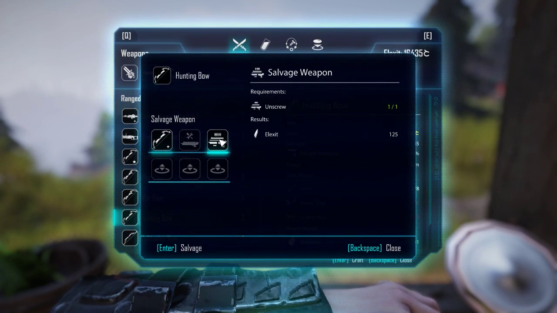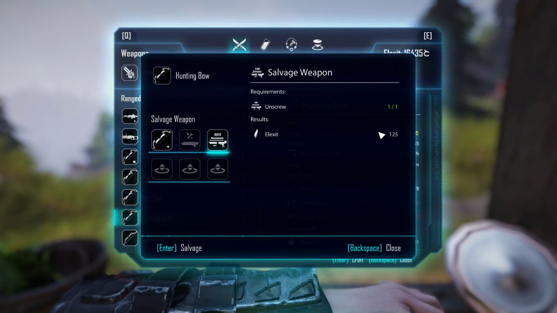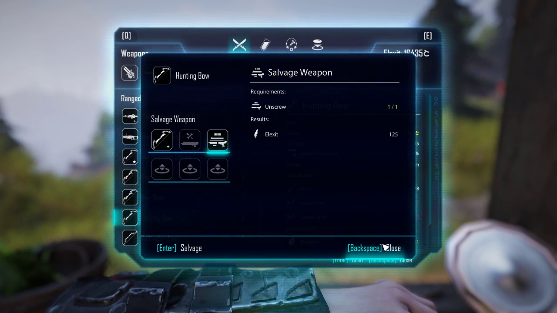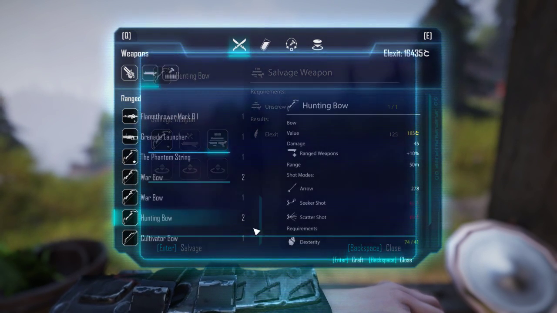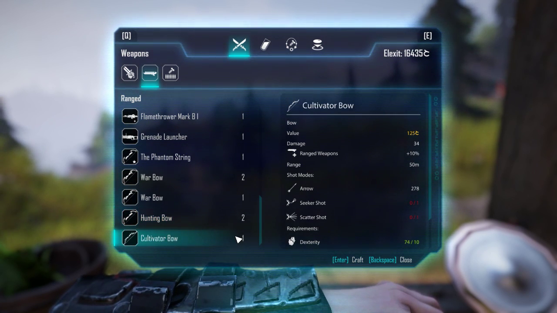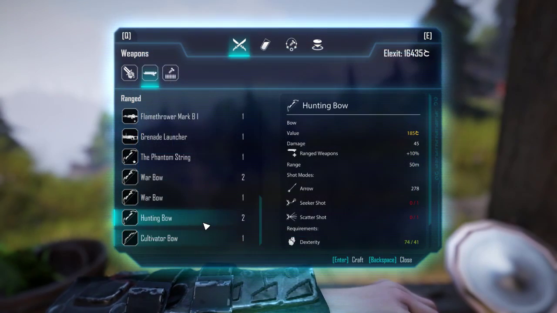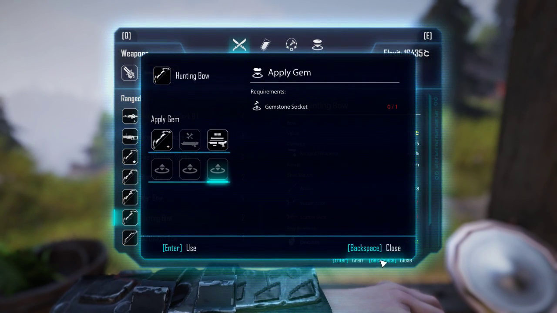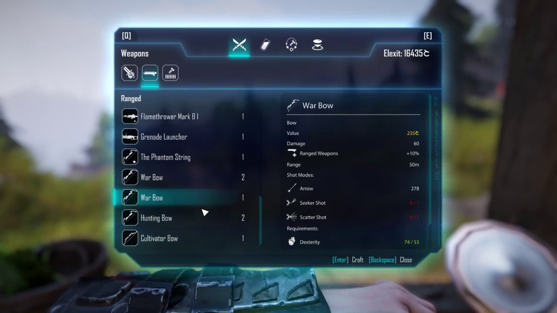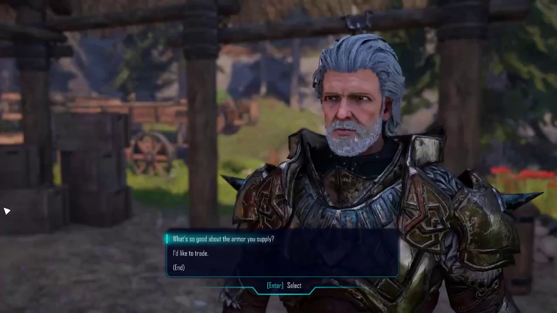Okay, hunting bows. I think the developers didn't put in values. This is probably the default value for all weapons, then they haven't put the values for the bows. And this one is 185 and this one 175. What? Oh man. Like this cultivator's bow, we can sell it for less and get more elixir, but for hunting bow or war bow, which are worth more. Okay, this is pretty stupid. Okay, so I'm going to just go to this trader and